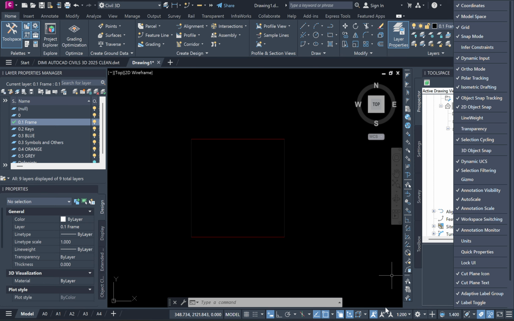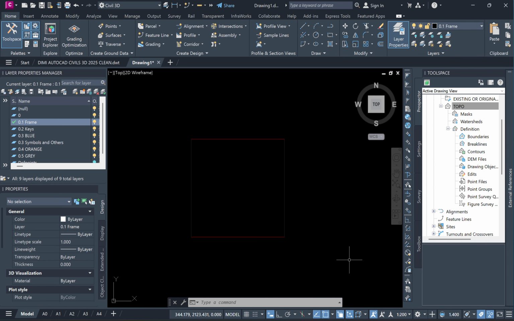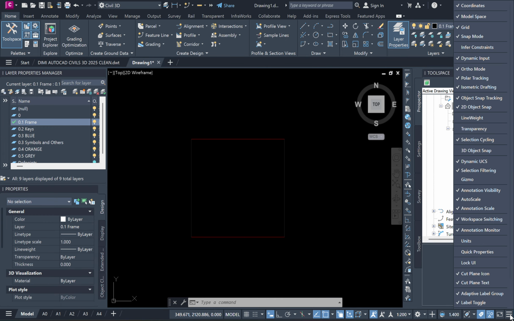To make it visible so you can switch it on and off, go in the bottom right corner, click on the three lines, and then find selection cycling. Okay, there you go. And once it's on,